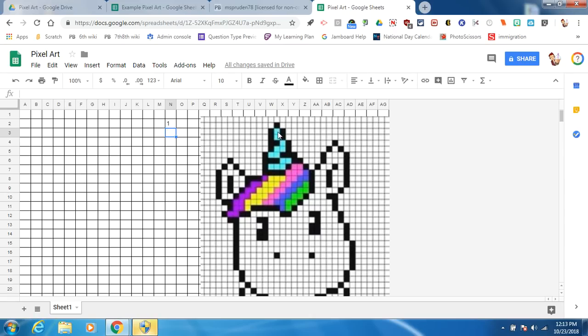So then if I go below that, my next black is over here on the side. And I also know that I have 1 black here and then 3 blacks underneath. So I can either type in the number 1 multiple times, or if I have cells that are the same color in the same area, I can use the fill handle. The fill handle is this little blue square. If I click on that blue square, I can drag it down,